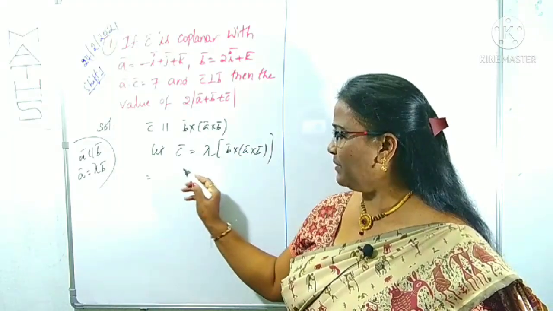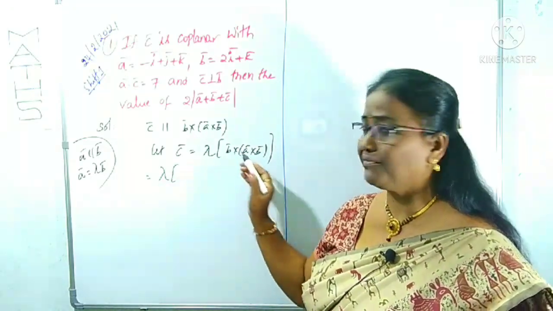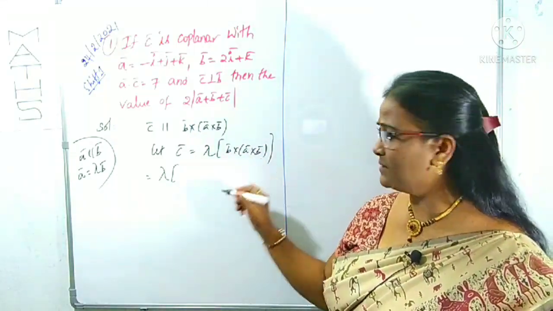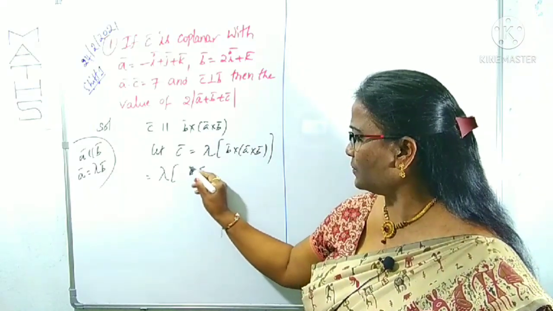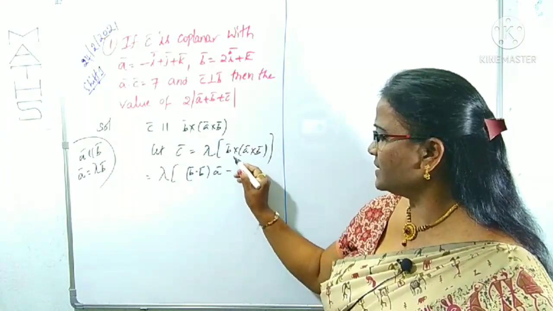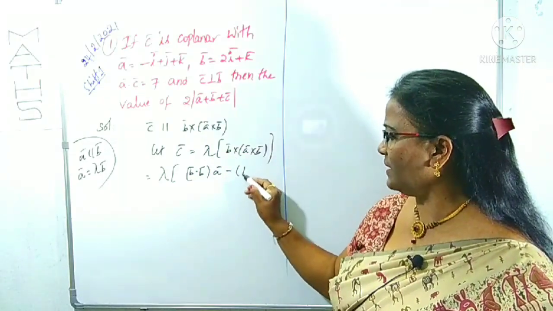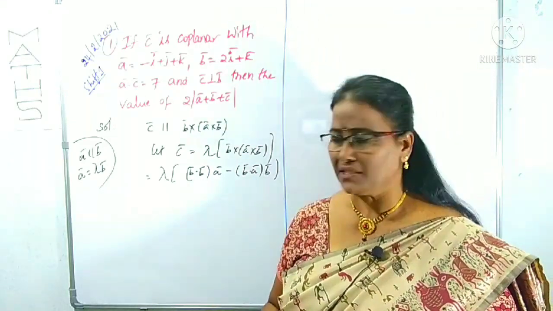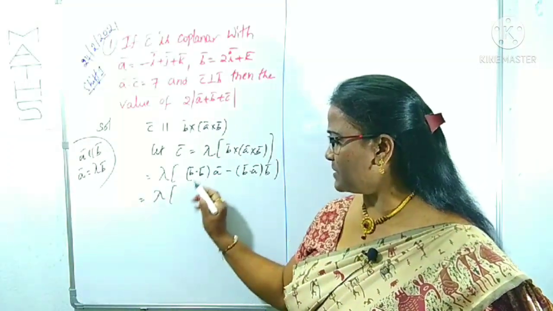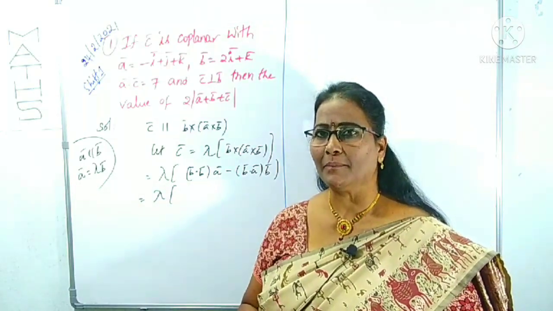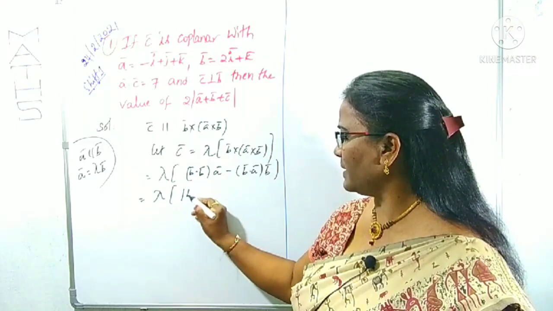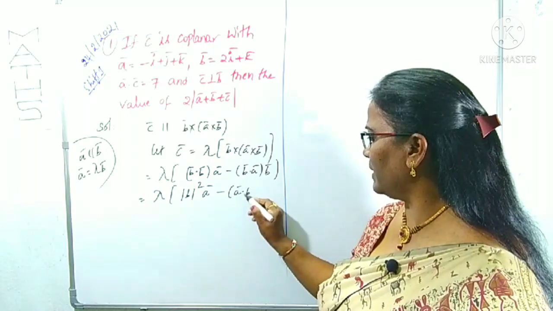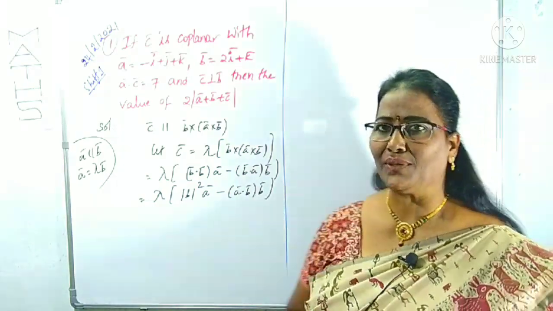I have given the simplification of lambda times of A cross of B cross A. How can you write? We can take the dot product of first and last, means B dot B into middle vector A bar, minus dot product of first two vectors, B dot A into B bar. We can take the dot product combination, then it is easy for you. Lambda times of B dot B. B dot B in the sense mod B whole square, times A bar, minus B dot A, which is the same as A dot B. Dot product follows the commutative law.